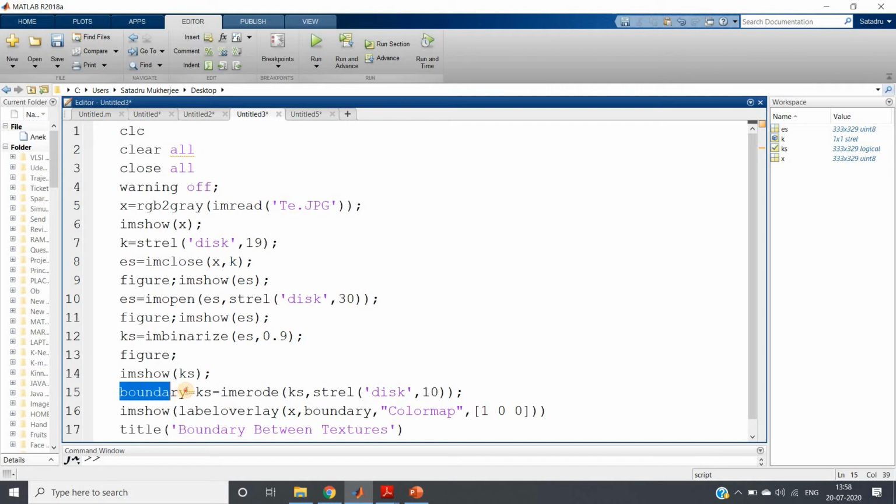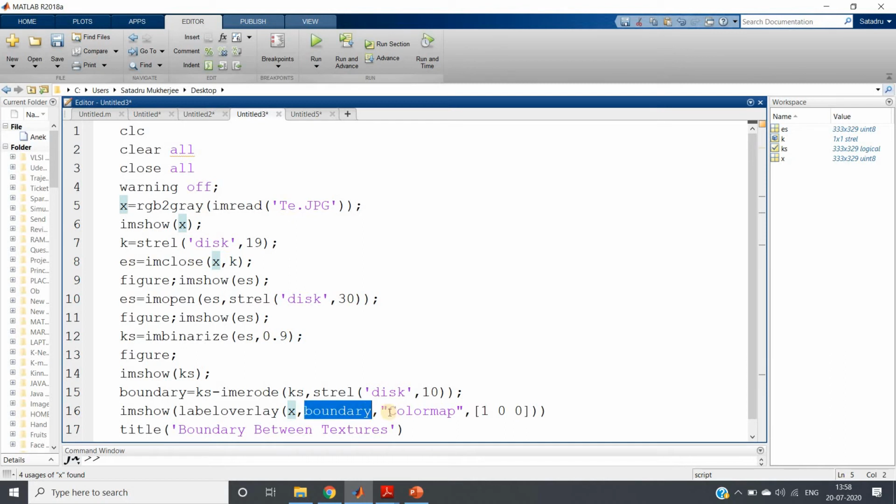Then that boundary I am superimposing on my original grayscale image. And how to superimpose? The inbuilt function is labeloverlay. I will appreciate it if you go to the documentation and learn about this labeloverlay in more detail. As arguments, first take the original image on which you want to overlap or superimpose your boundary.